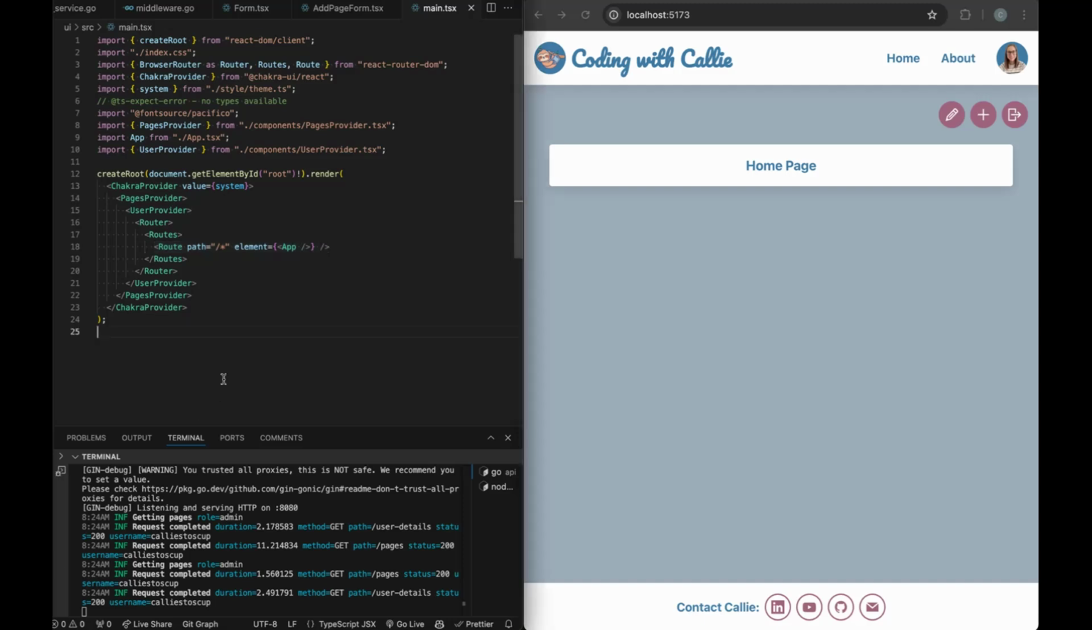Let's take a look. So you'll see over here that I'm creating my project. This is my main.tsx file. In it, I have my router and then my routes. It might look a little bit confusing because for my routes, I only have one, but you'll see that's not